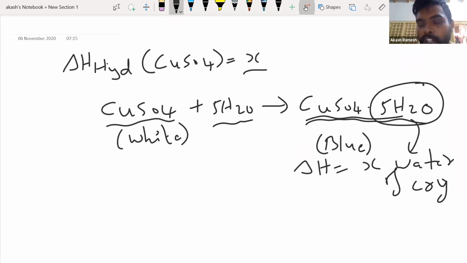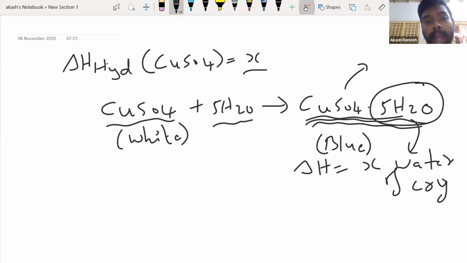Now, when you go to your 12th class, you'll actually understand how exactly the structure of this molecule is. There's something called coordination compounds, right? So it's actually a coordination compound. Anyways, you don't have to worry about it. You will study about this when you go to 12th class, the structure of this particular molecule, and any coordination compound for that matter. So anyways, this is what is about your hydration enthalpy. Fine. So that is done.